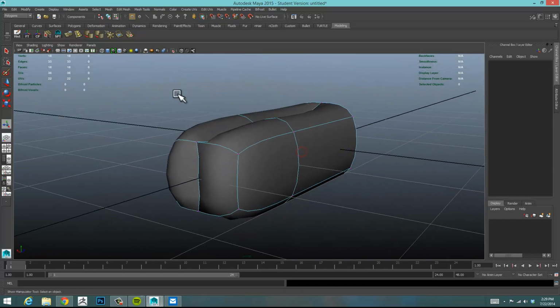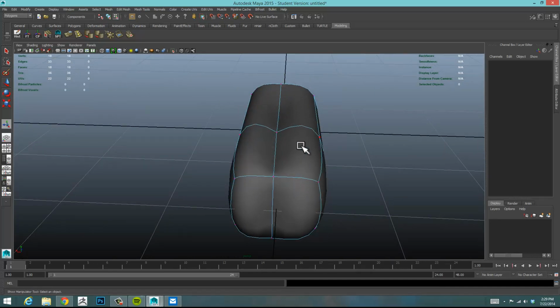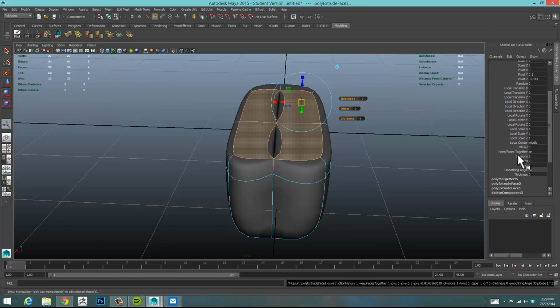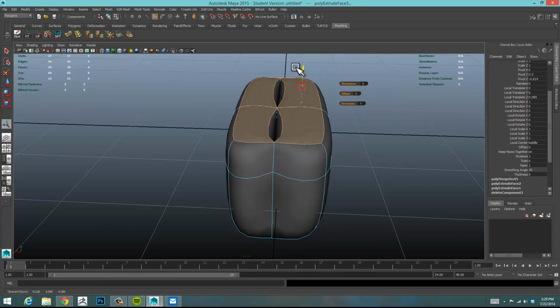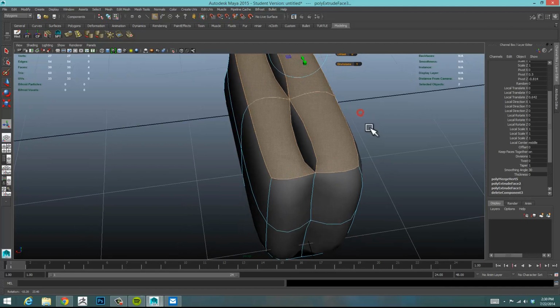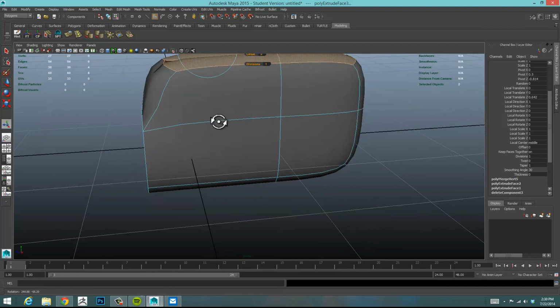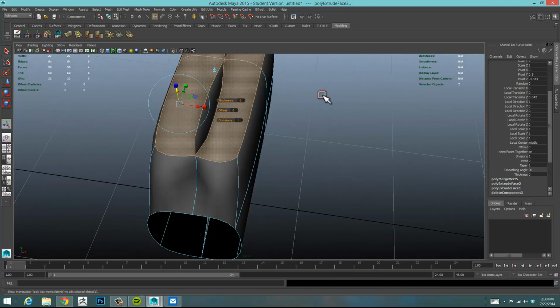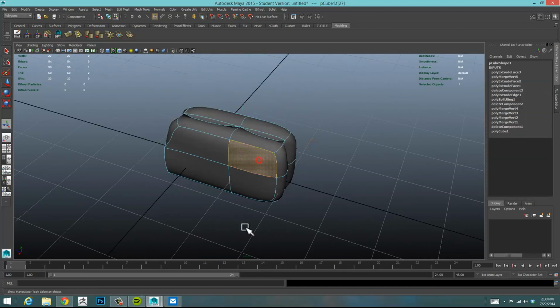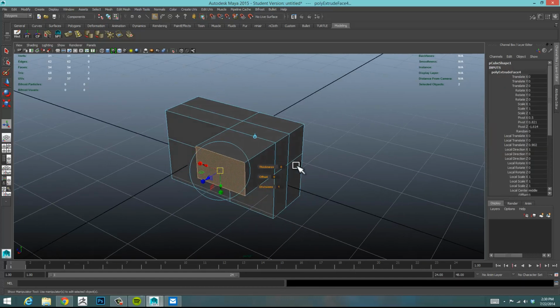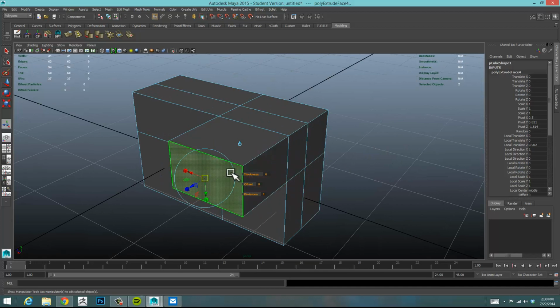So whenever you're extruding using your extrude tool with multiple faces, like so, if I go to extrude, make sure you always have keep faces together on, and that will extrude them together. Now in this case, all those faces are already separate, so it's really not doing me much good. Now if you're just extruding one face, it's not going to matter much, just because you have no multiple faces